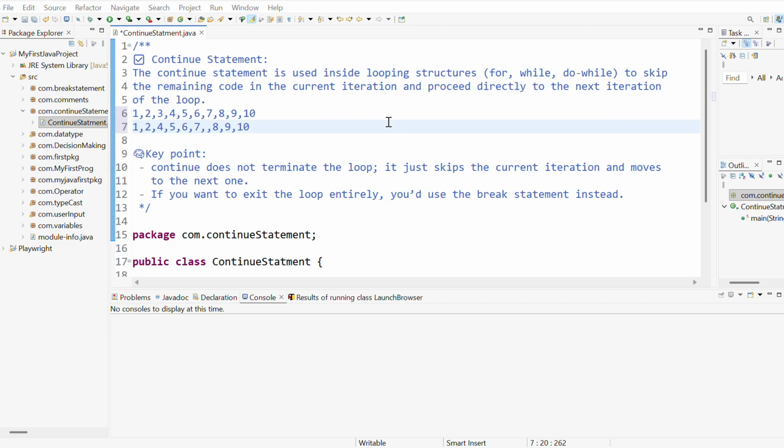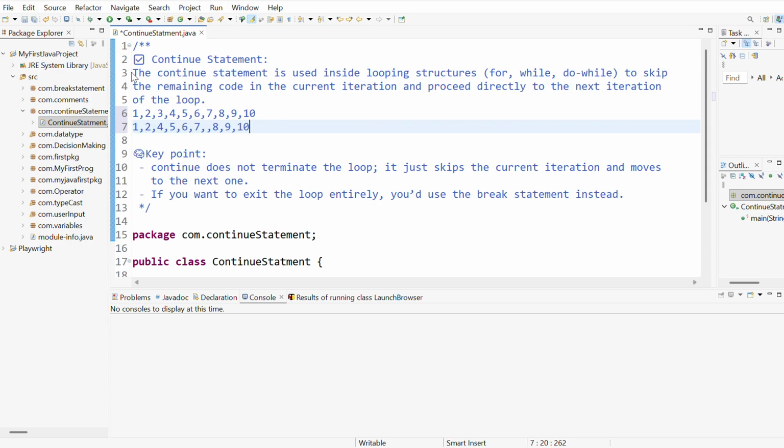So Techies, in the last tutorial we discussed the break statement, how we can use it, and today we are going to discuss the continue statement. With the break statement we can terminate our loop, but with the continue statement we can continue with the existing pointers. Okay, so first let's come to the